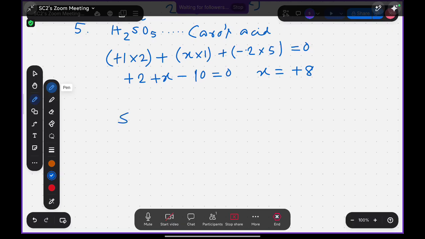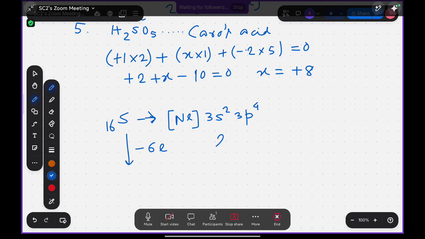See, for sulfur, the atomic number is 16. So the electronic configuration comes to be neon, then 3s2, 3p4. 3s2, 3p4. That means when sulfur loses 6 electrons,